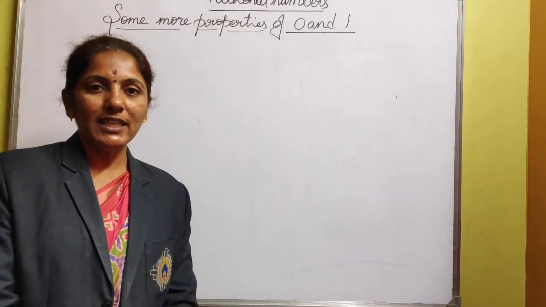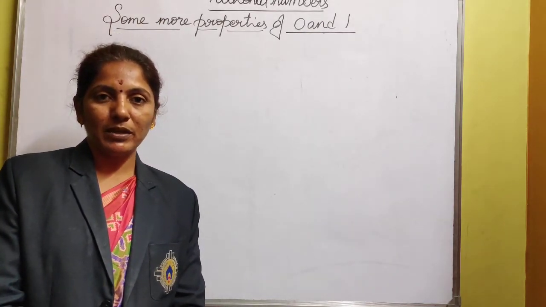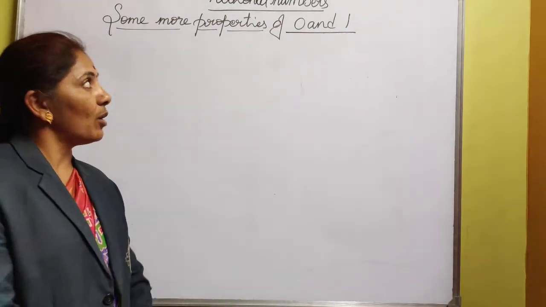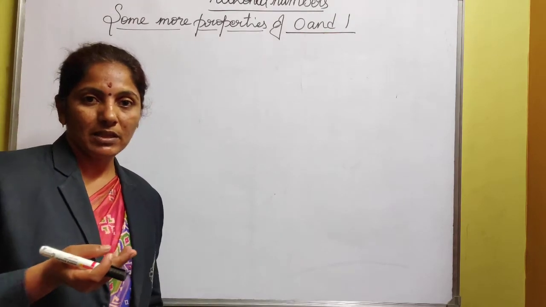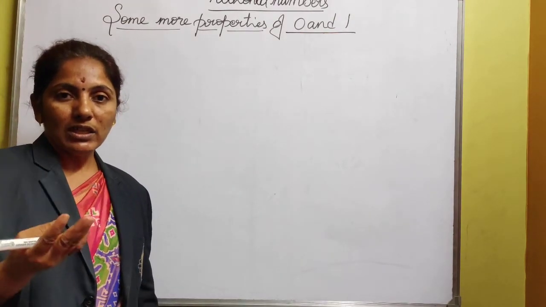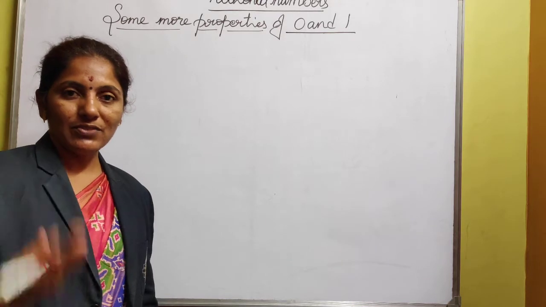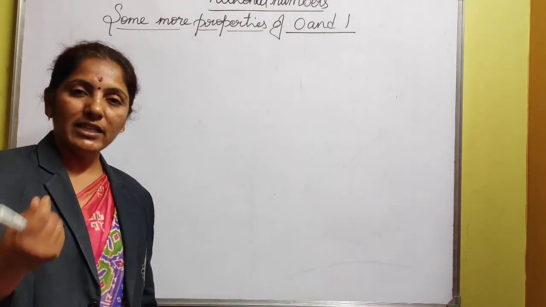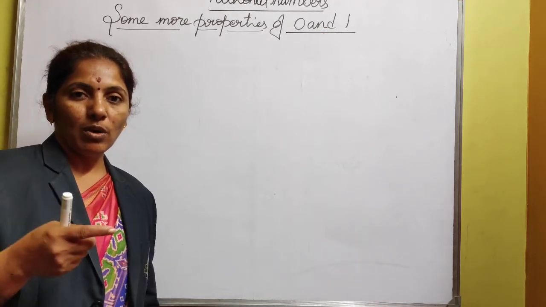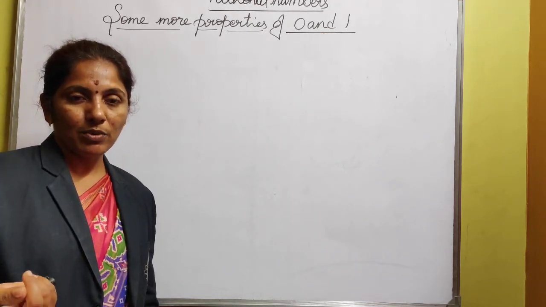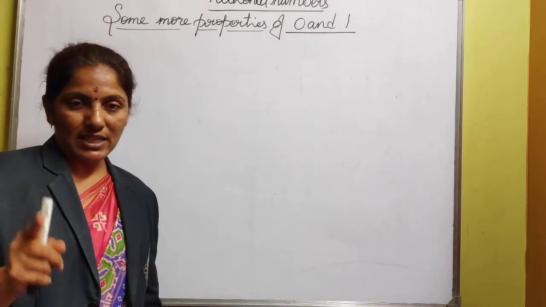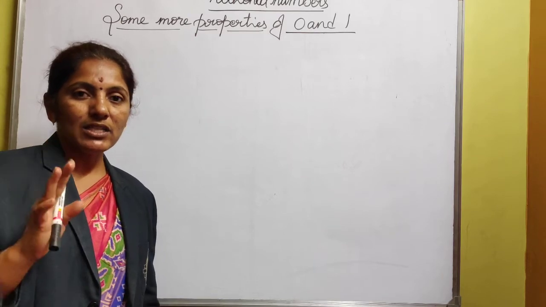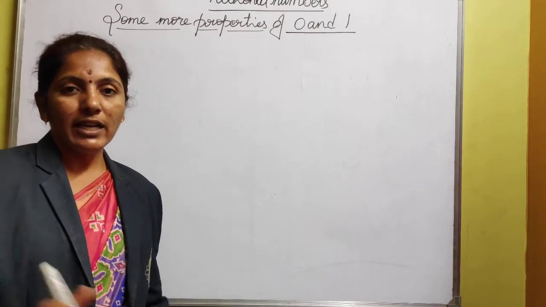Good morning children. In the last class we learned about the commutative property and the associative property. In the commutative property we learned about addition, subtraction, multiplication and division. We also learned the associative property based on these same fundamental operations. We observed that in both properties, addition and multiplication were satisfied, whereas division and subtraction were not. That is, the LHS value was not equal to the RHS value.